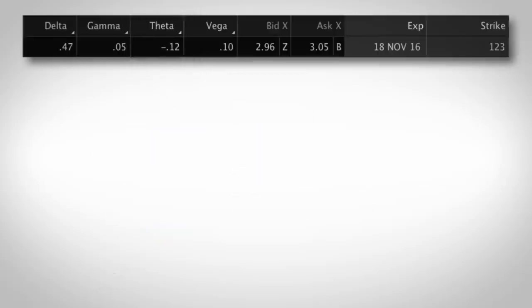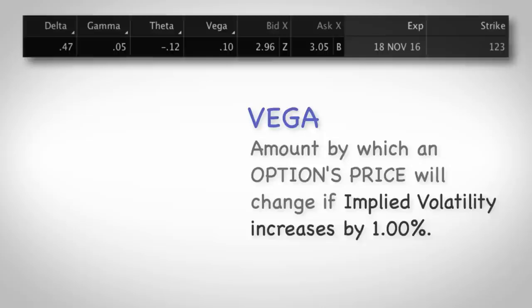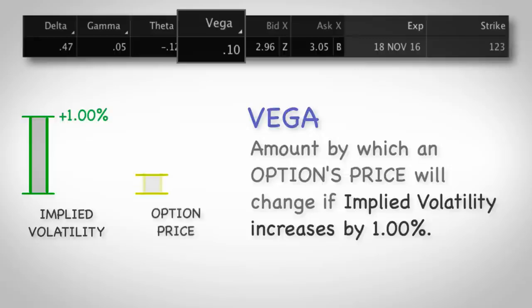Now, there's one more option Greek, and it's called vega. Vega estimates how much an option's price will change if the underlying stock's implied volatility changes. To be specific, an option's price will change by the amount of vega if implied volatility goes up by 1%. So looking at this option, you can see that its vega is 10 cents. This simply means that if the underlying stock's implied volatility goes up by 1%, then the option's price will increase